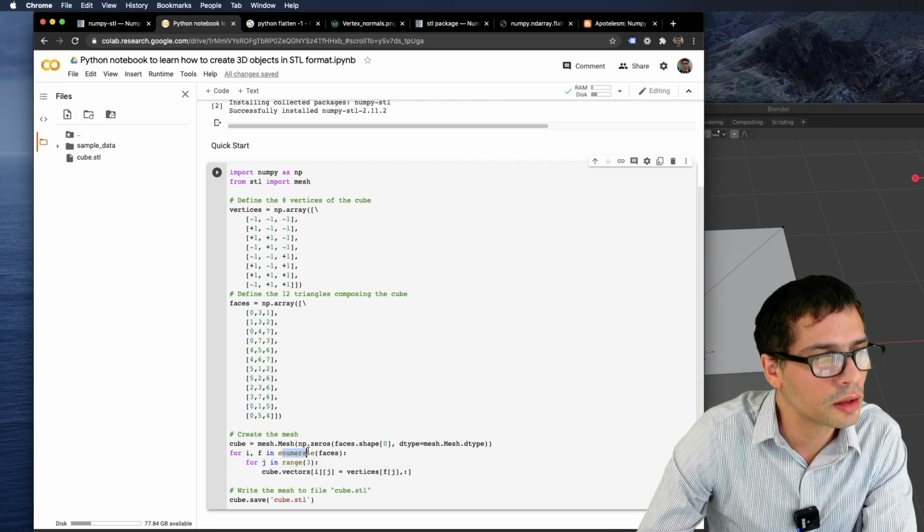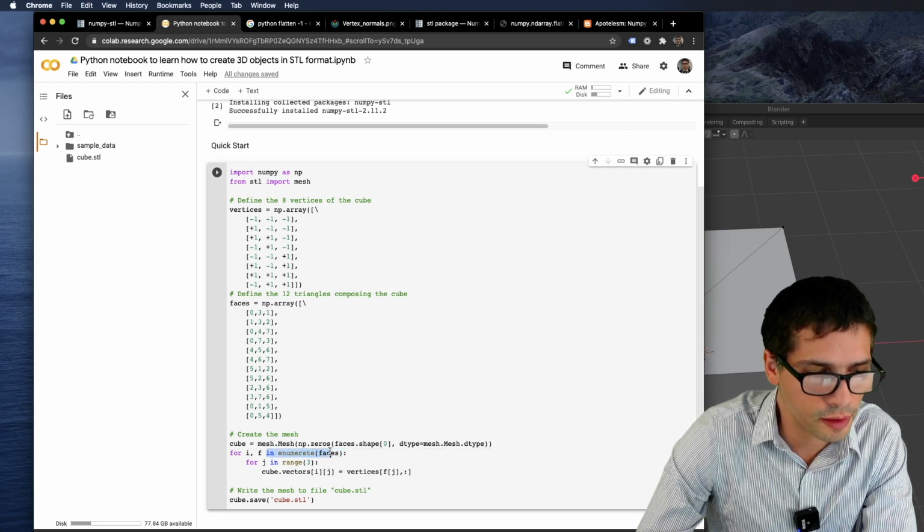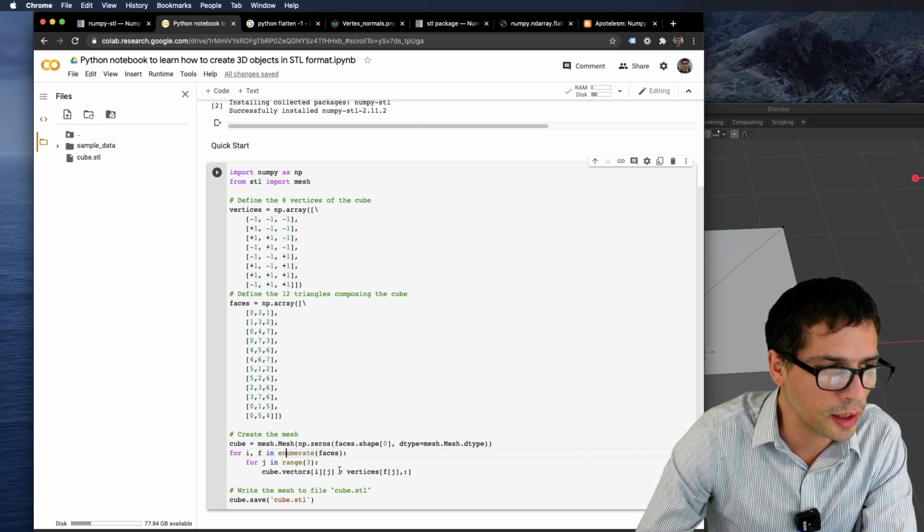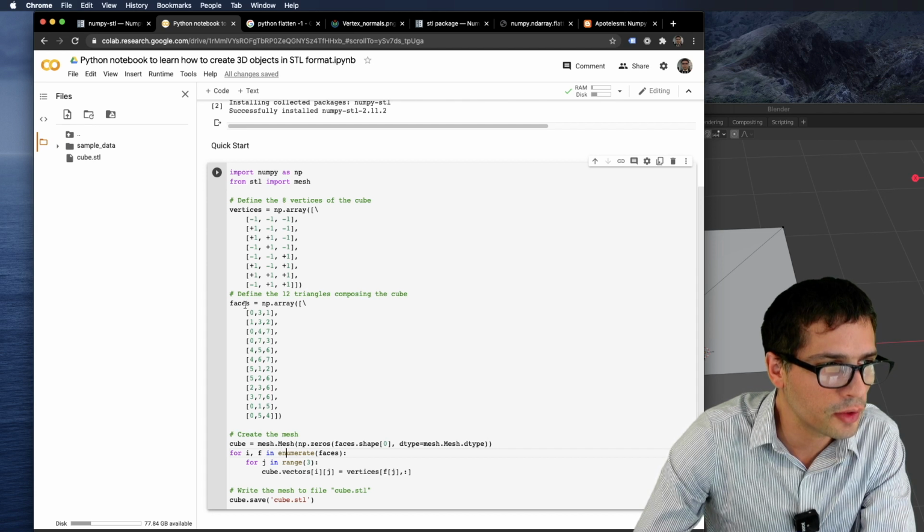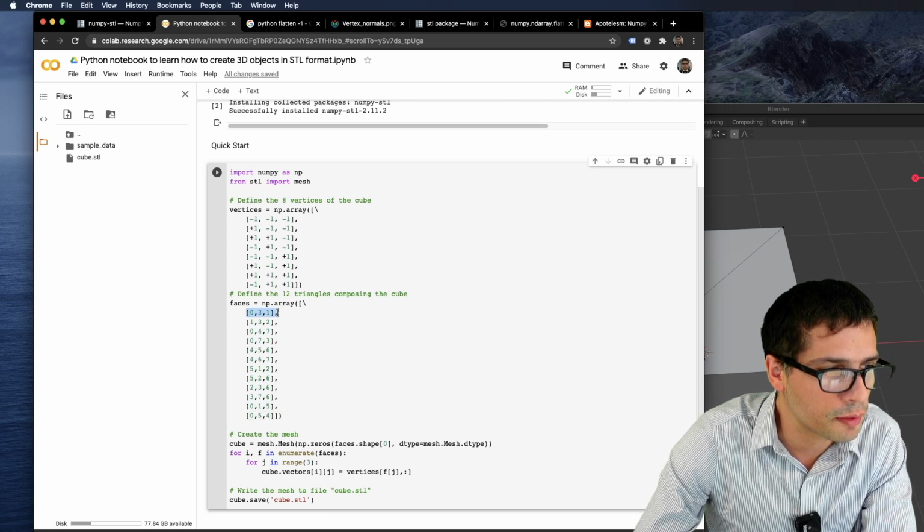So enumerate is basically a way to iterate through the list of faces. And the nice thing about enumerate is that it gives you an index that you can use. So we are enumerating this, which means we're going from 0 to 11. We start with 0 here, and once we are with this face, we get the vertices for this face.